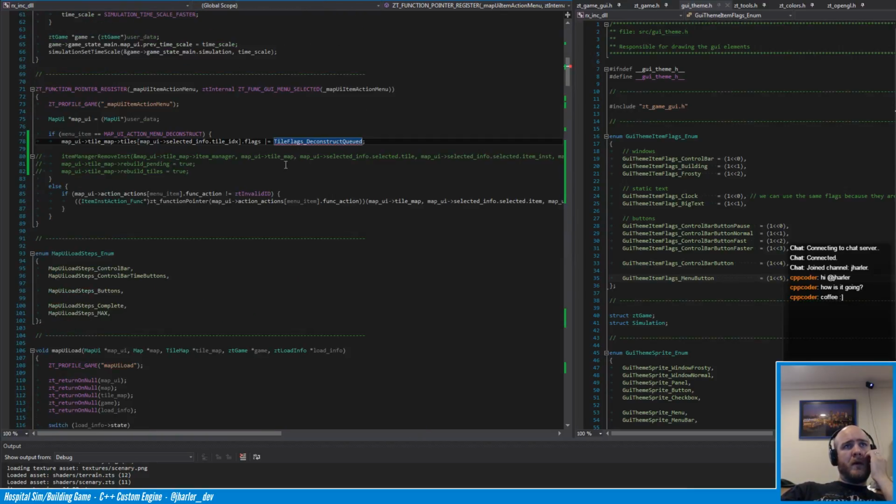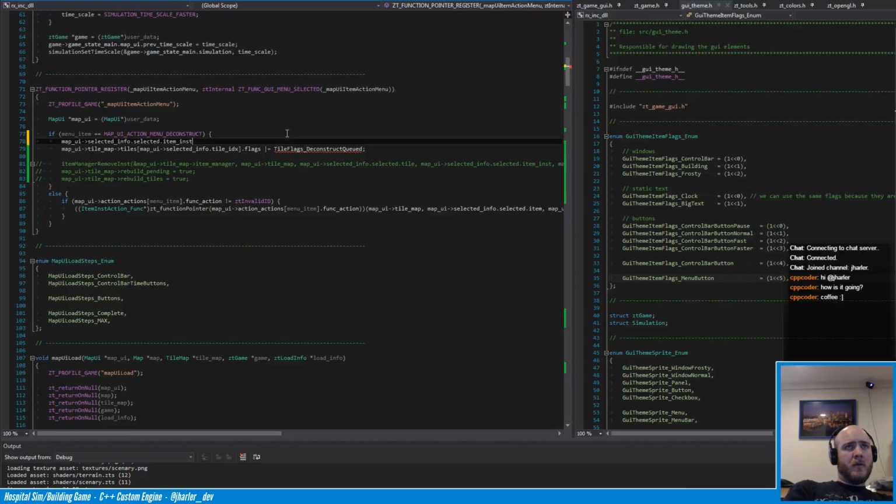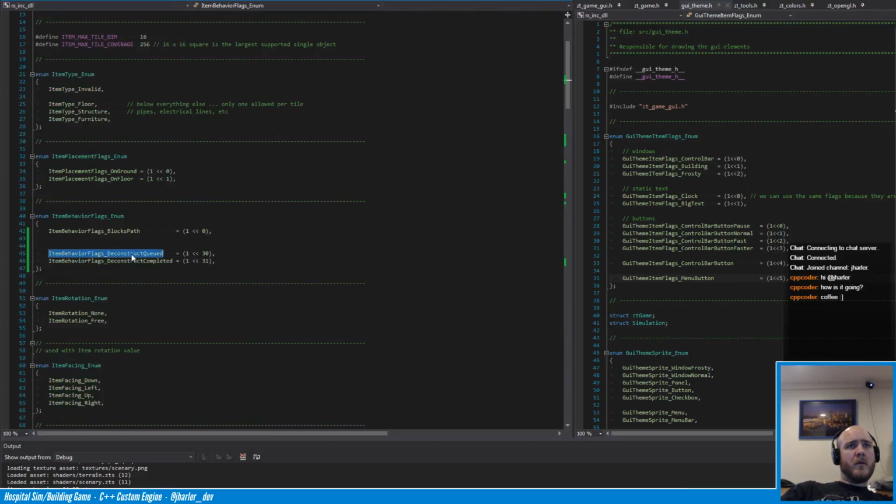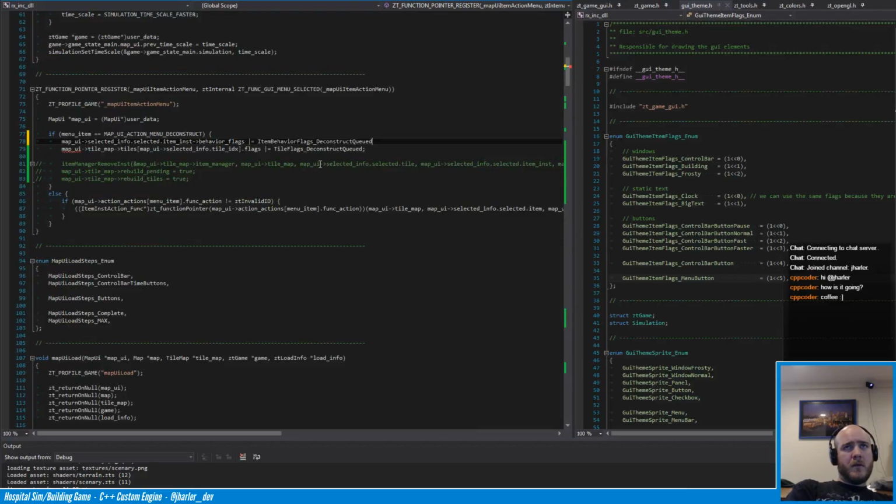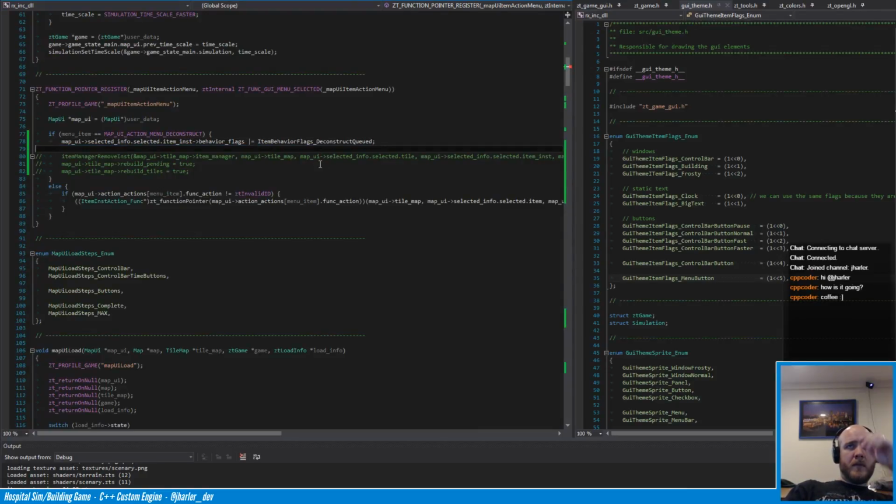Map UI needs to instead. Alright, we've got the item instance. So now we set behavior flags equals that. I'm wondering if I should